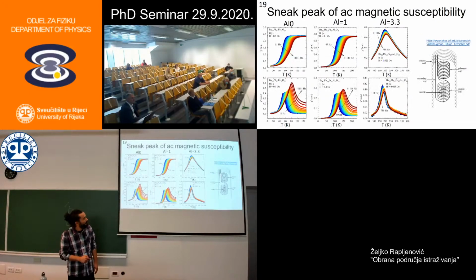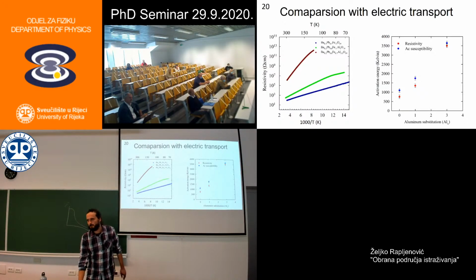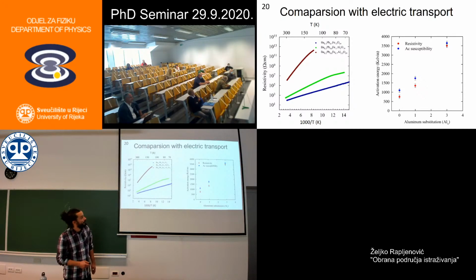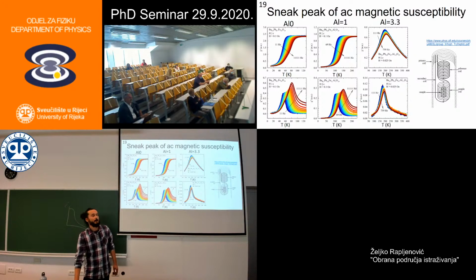For this aluminum sample, which is here, I would like to know if we can see these single domain particles, because we can then correlate it with this number. It is connected via some formula, from the activation energy of the AC susceptibility. So I extract the activation energy from here, and it is connected to